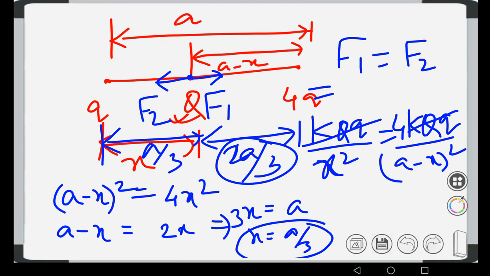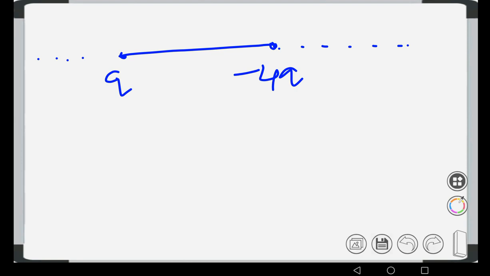So this is one kind of question which is asked. You must practice such types of questions and you will become perfect at it. Next, coming to the next type, of the same variety: q and minus 4q, and now let us find out where we can put capital Q. Again the similar question: where should capital Q be placed so that capital Q may remain in equilibrium?